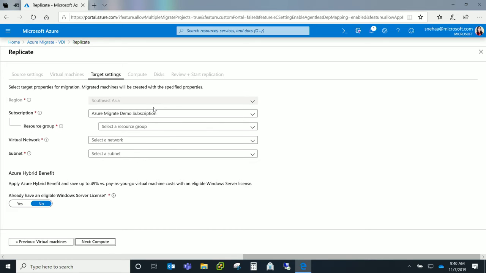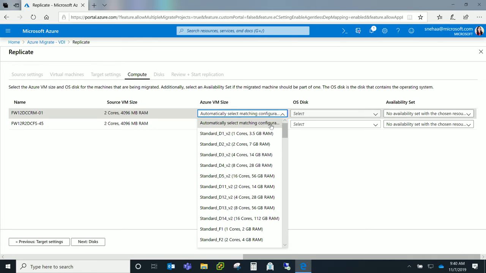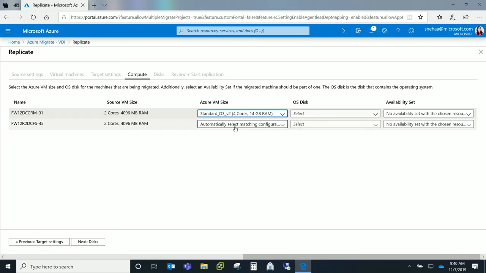And in the next step, you will then have to tell us what your target details are. What is the subscription to which you want to migrate? What is the resource group? As Pavitra mentioned, you need to set up your virtual network in advance, so you need to tell us which virtual network we should use when we are spinning up the desktops in the cloud, and the subnet details, and so on. When you move to the next step, if you've selected importing data from assessment, the VM sizes are automatically assigned, but if you want to override, let's say you still want to go to a different SKU, you can override it here as well.